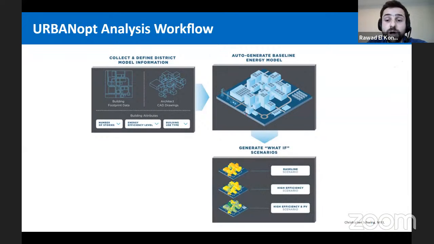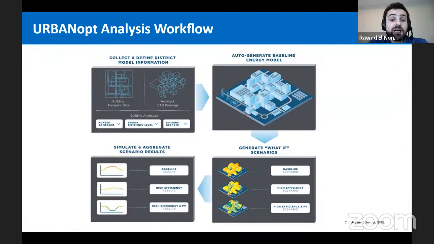Since URBANopt is based on the notion of scenarios, from this baseline model users can start generating other scenarios such as the high efficiency scenario and the high efficiency plus PV scenario, for example. And then in the last step, URBANopt will run these scenarios and the simulations, and also post-process the results, and users can finally visualize the results across all of these scenarios.